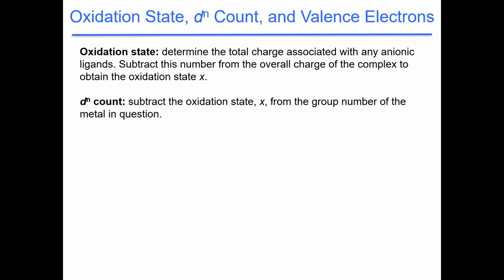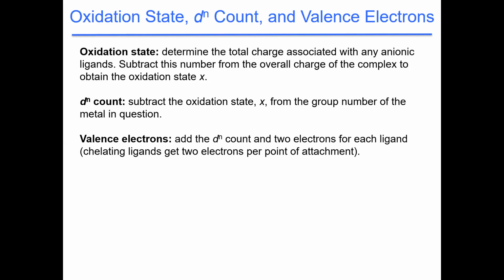For determining the d count of the metal, you subtract the oxidation state from the group number of the metal in question. And to determine the total number of valence electrons, you just add the d count and add 2 electrons for each ligand. And if you're dealing with a chelating ligand, you get 2 electrons per point of attachment. So some examples here are